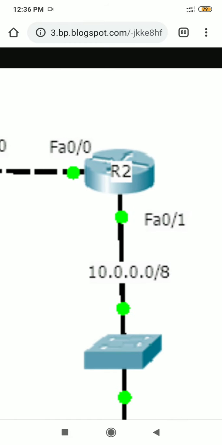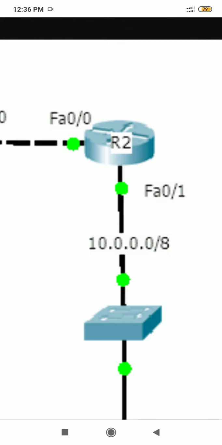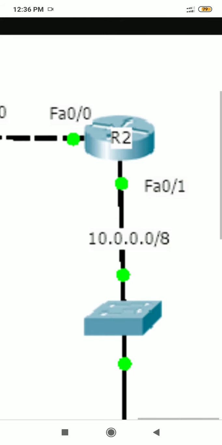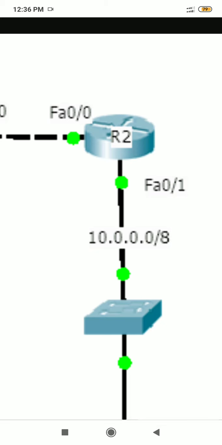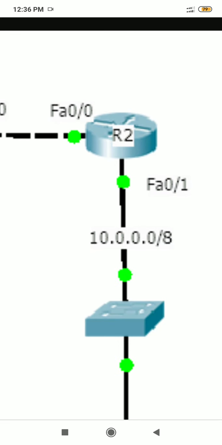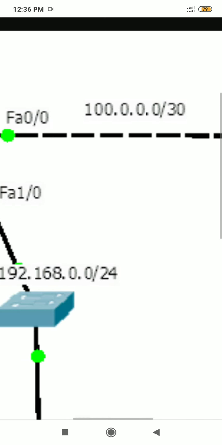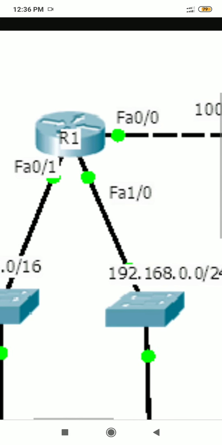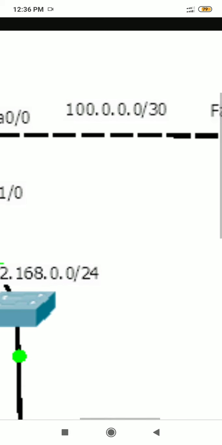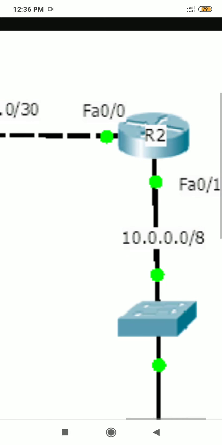FA0/1 is the default gateway for our third network, that is 10.0.0.0. With the help of this interface FA0/1, the network of 10 can communicate with all other networks which are connected to router R2.